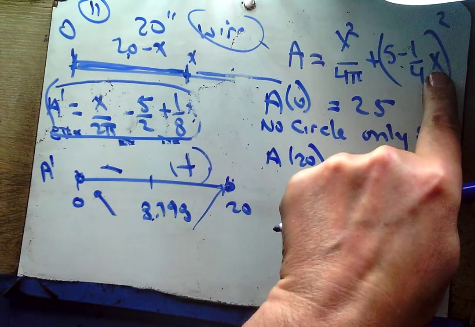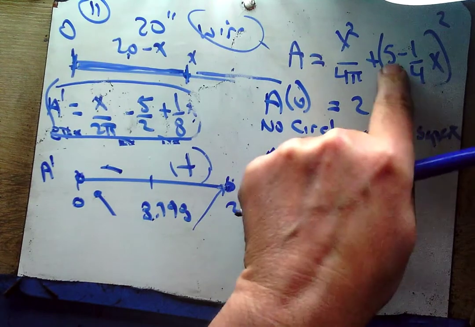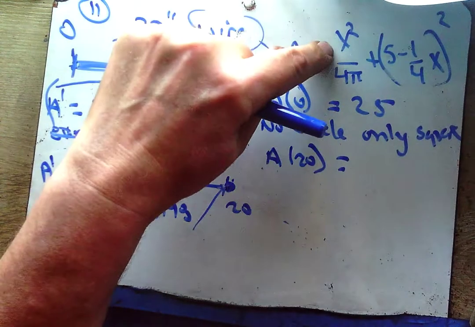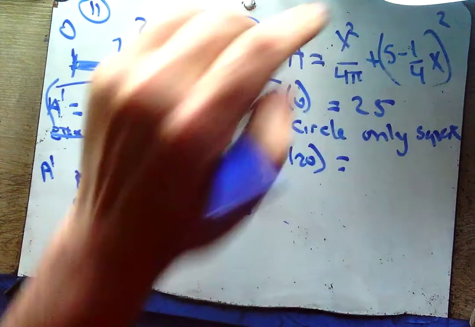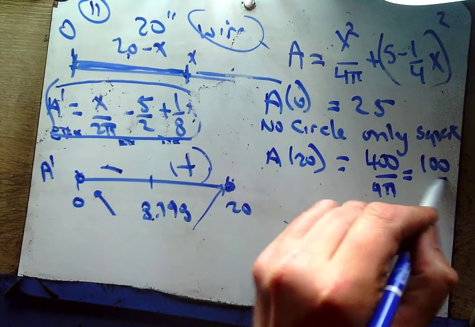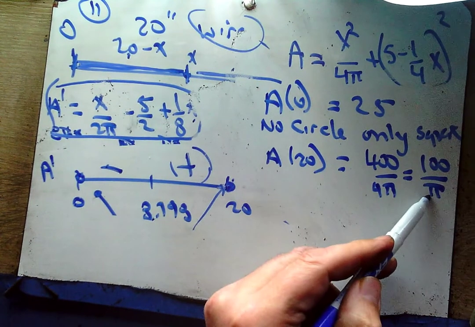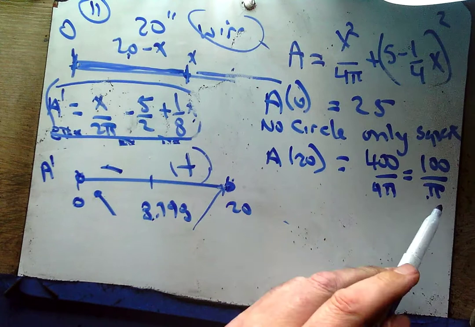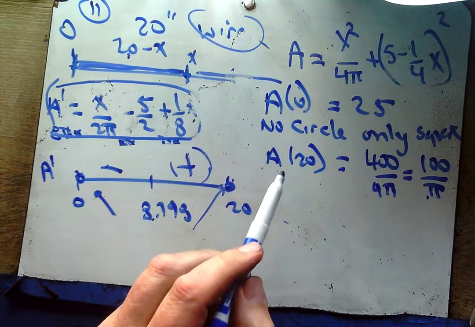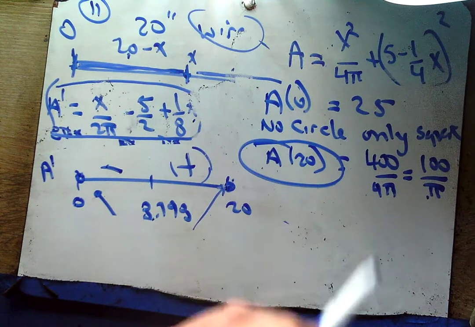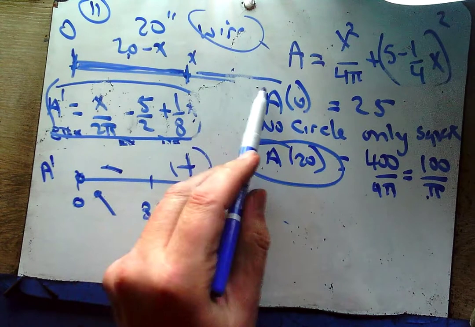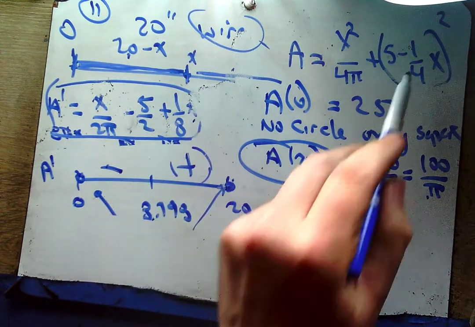And so when I plug a 20 in here, 20 divided by 4 is 5. 5 minus 5 is 0. Area of the square is gone. I just have this. 20 squared is 400 over 4 pi, or 100 over pi. That's 3.14. 100 divided by 3-ish, I think that's 30-something-ish, which is bigger than 25. The maximum area comes when we put all the wire into making a circle and none of it into making